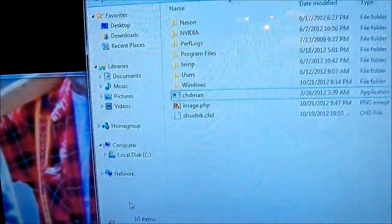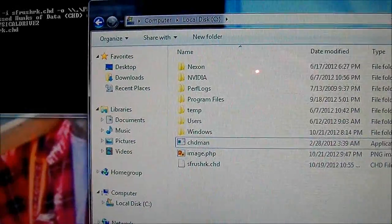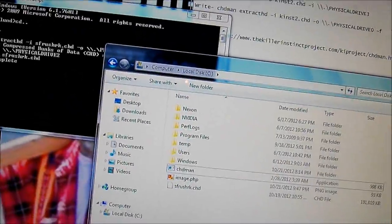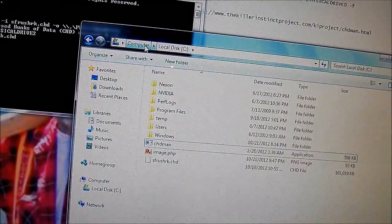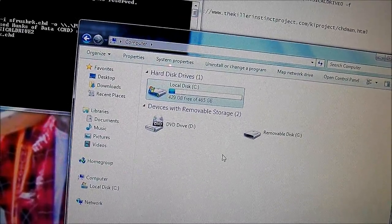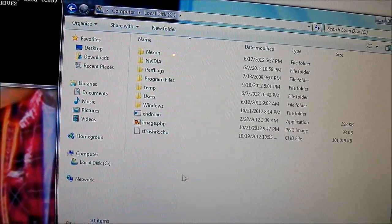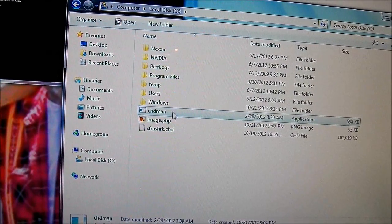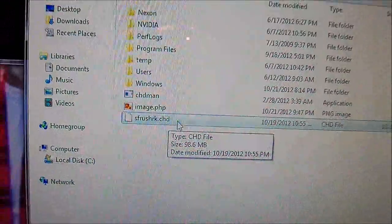It's real simple. You really just get on Windows and I'll go ahead and include a video now. Basically, you're going to want to start off and extract the CHDman and your image to the root of your operating system drive. If you're on Windows 7, more or less. So, for example, my main drive is C, and that's where Windows is installed. And you take your CHDman and the image, in my case San Francisco Rush the Rock,